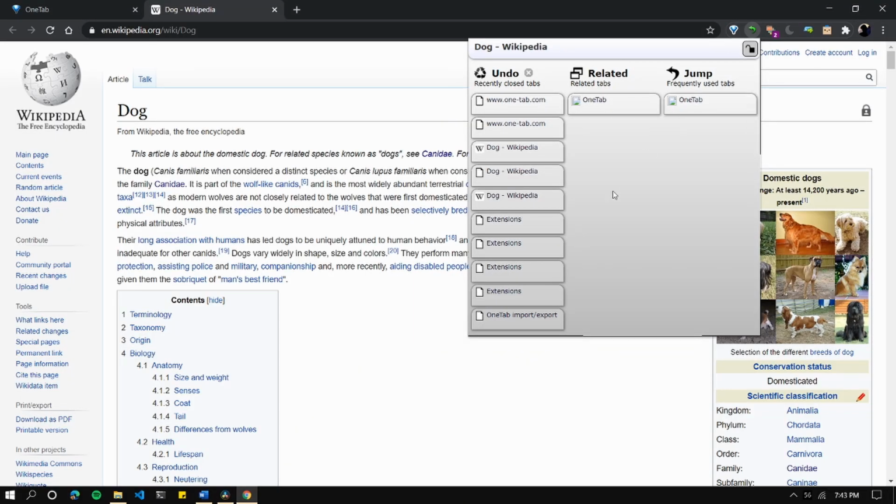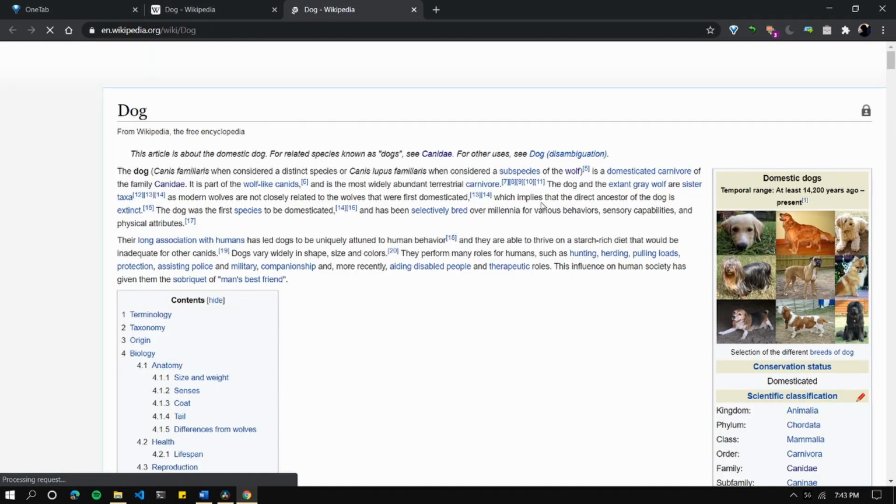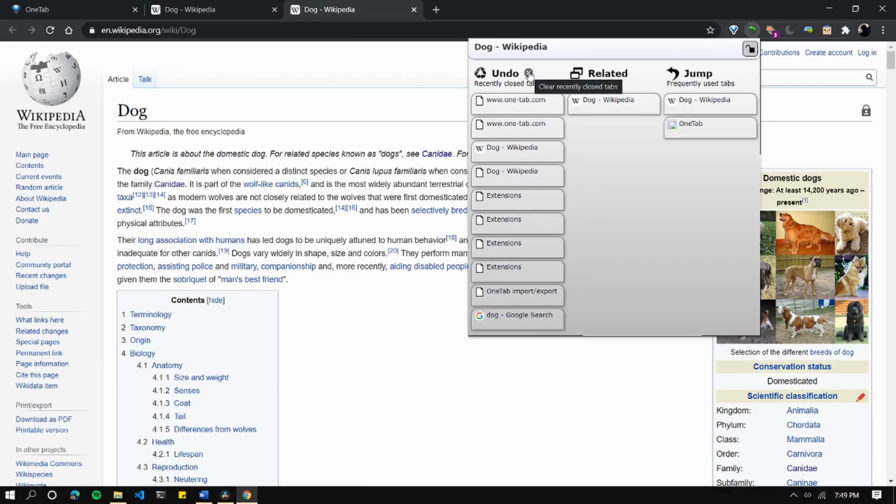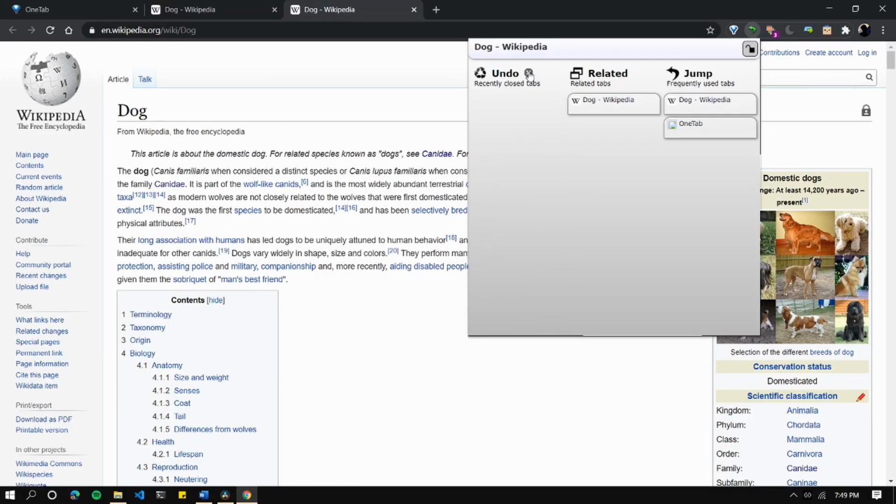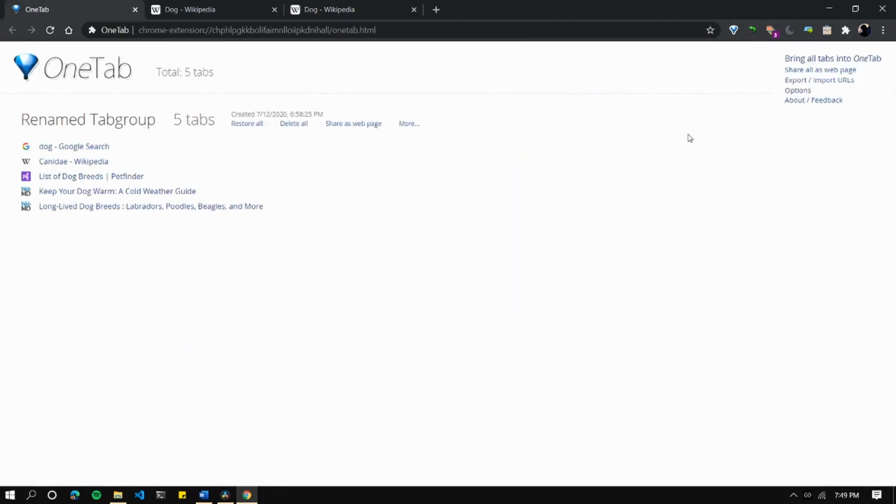But what if you close several tabs? Recover all of them in reverse? Just kidding. This extension does the thing for you. Click on the tab that you want from the history of the tabs on this list. Your time machine is here. But don't worry, you can delete this history too. Just click on this button beside history. It's gone. And the frequent tabs and related tabs fields are used for easy navigation between the tabs.